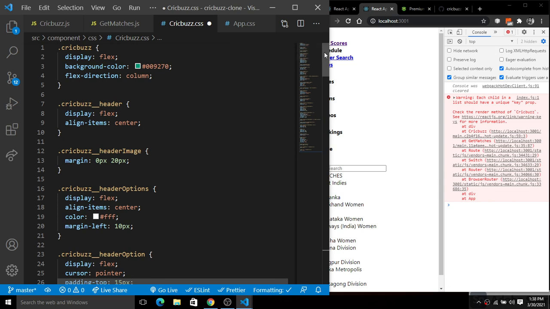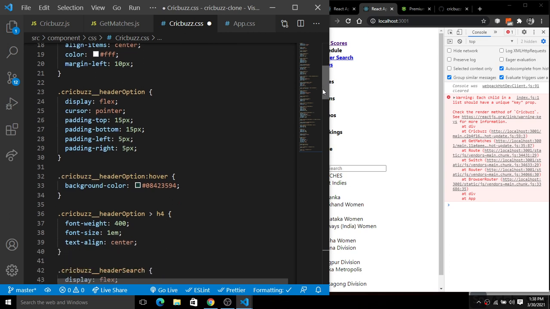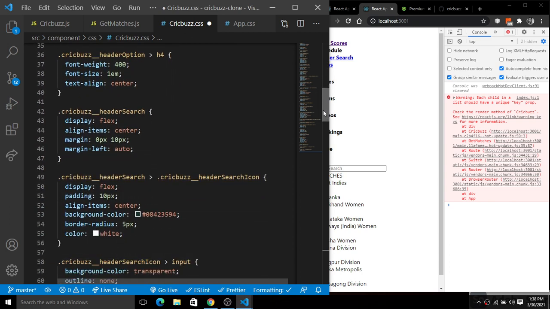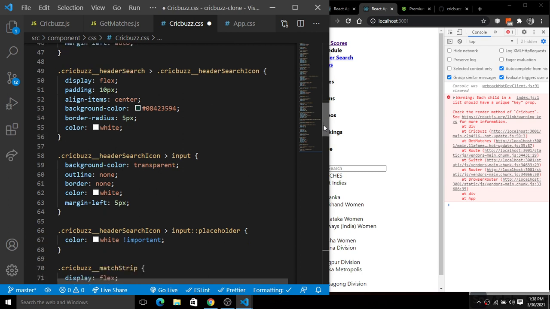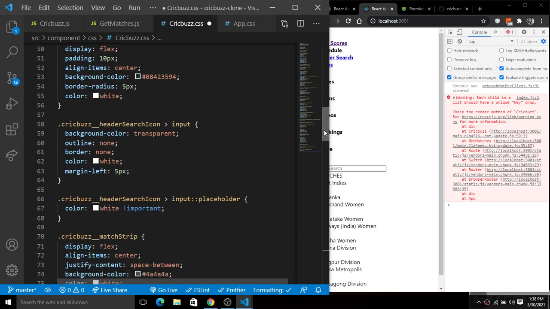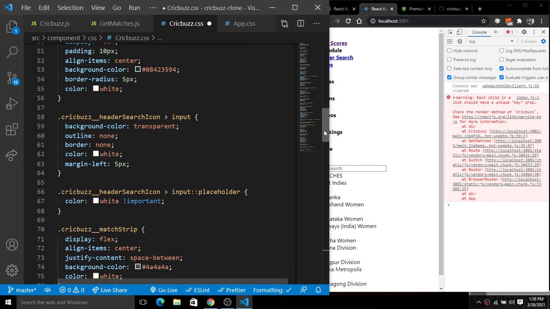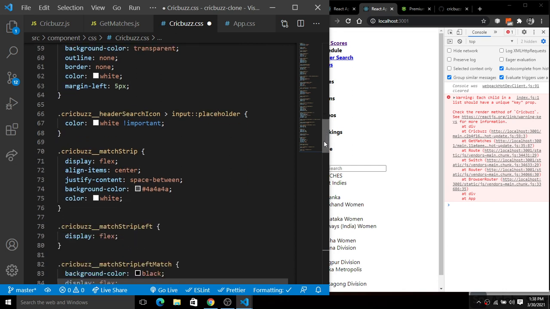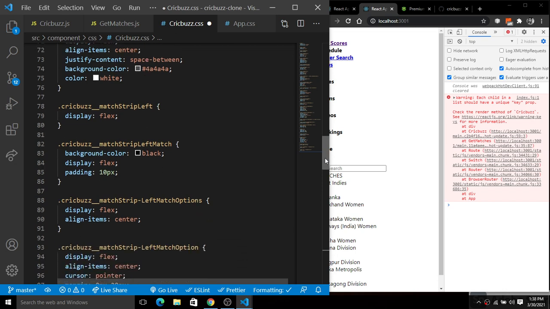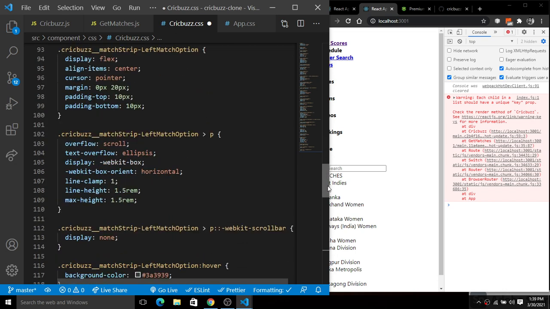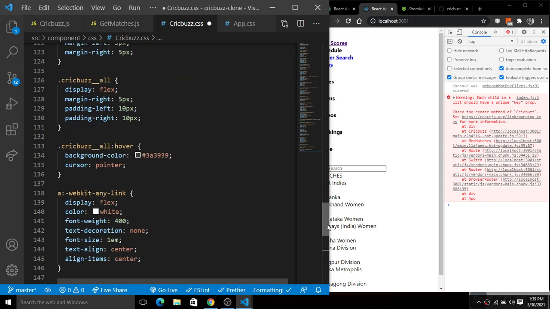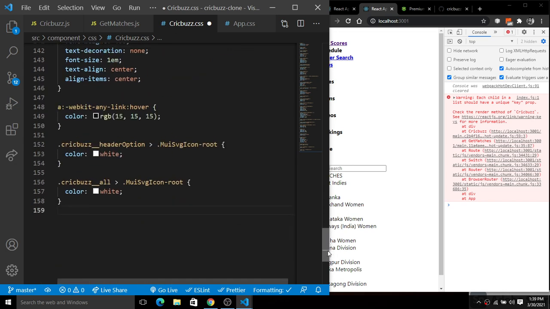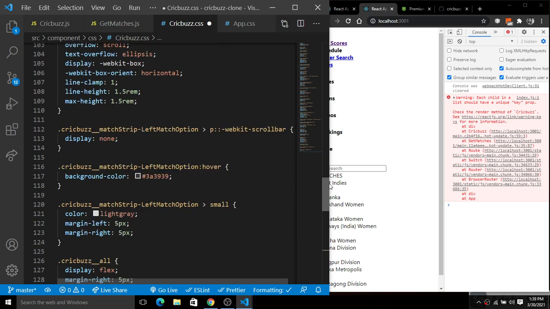So here I'm going to simply scroll from the top to the bottom, so you guys will see what CSS we are doing there. We have this QuickBuzz header, we have this QuickBuzz image and everything. I'm going to scroll it down, so pay attention here, and you guys have to pause the screen. If you have any issue in rendering, or any idea you want to get from the styling, you can get the things from there. I'm going to scroll it down here. You simply pause the screen and note it down here, right?